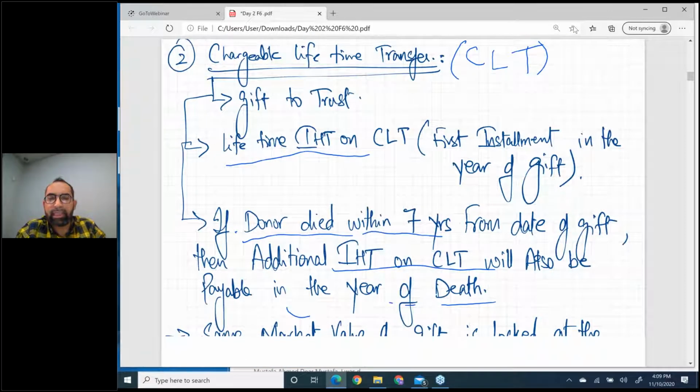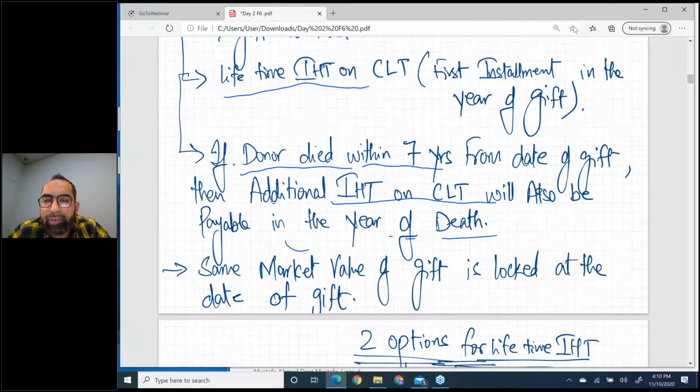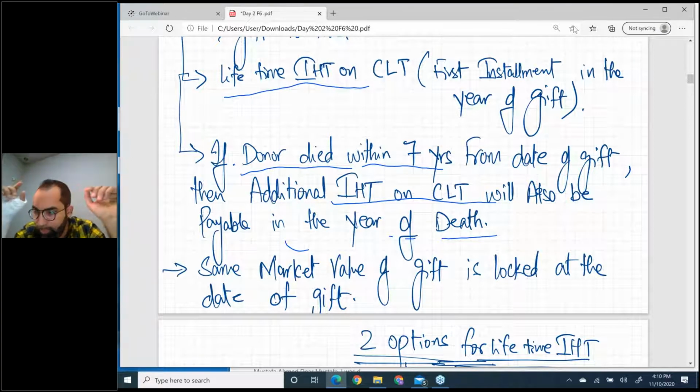Now, same concept: the market value of the gift is locked at the date of gift. The same concept we just discussed in PET. Which market value will be considered? The market value at the date of gift will be considered. Increase in market value will be ignored again, right? Okay,